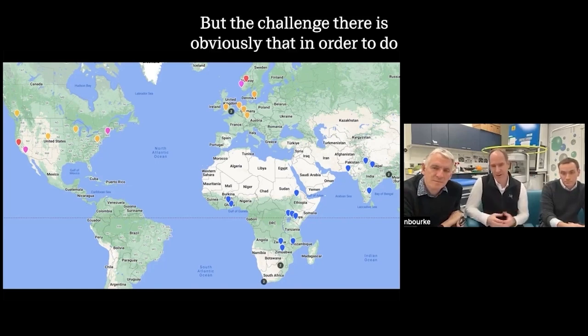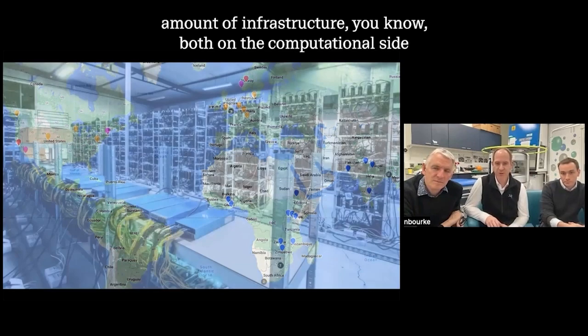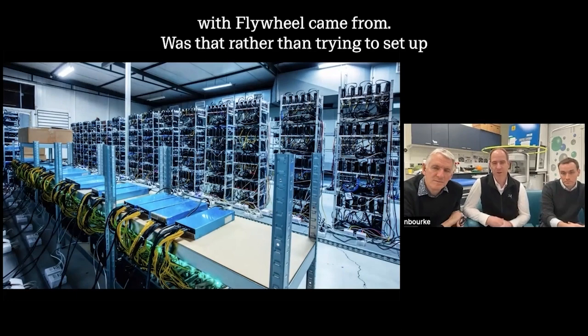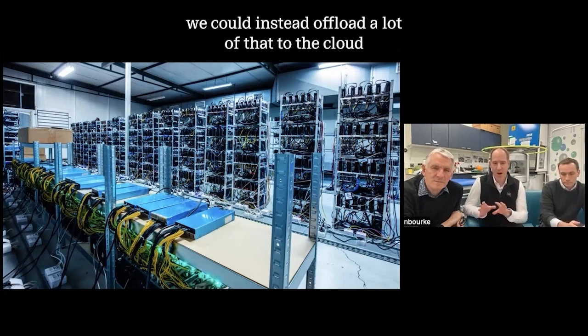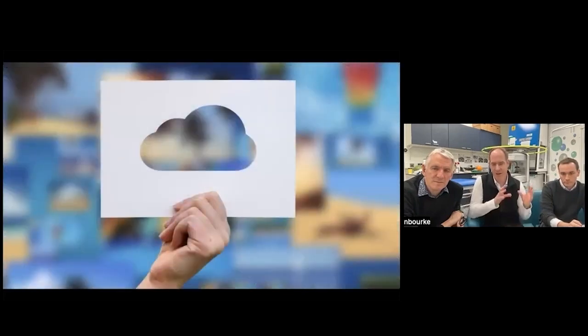But the challenge there is obviously that doing a lot of the imaging analysis that we have requires a pretty substantial amount of infrastructure, both on the computational side, but again, on that knowledge side. So how can we lower that burden? And this is really where the relationship with Flywheel came from. Rather than trying to set up these large-scale image processing laboratories, and do all the capacity building in terms of the infrastructure as well as training, we could instead offload a lot of that to the cloud, as it were, to Flywheel, to act as our cloud-based image